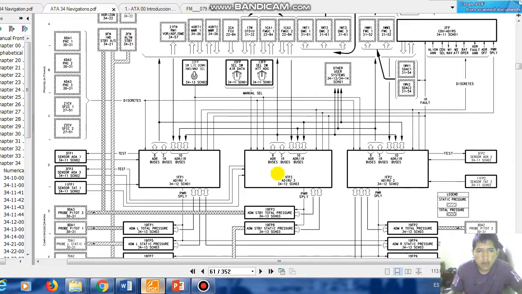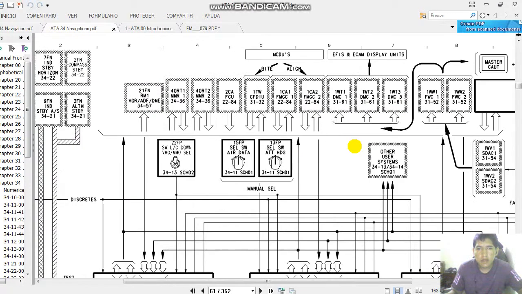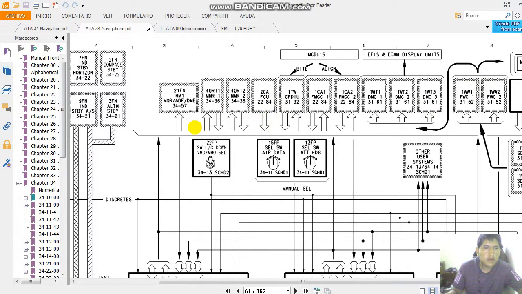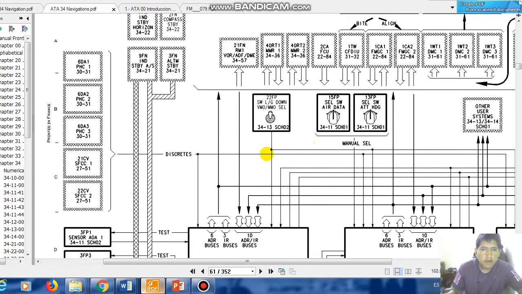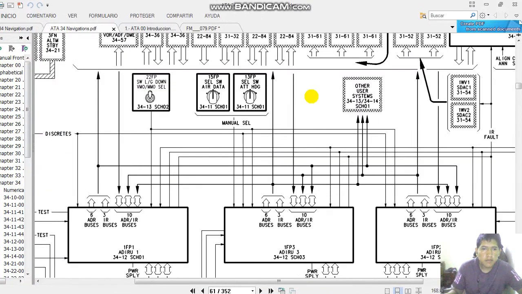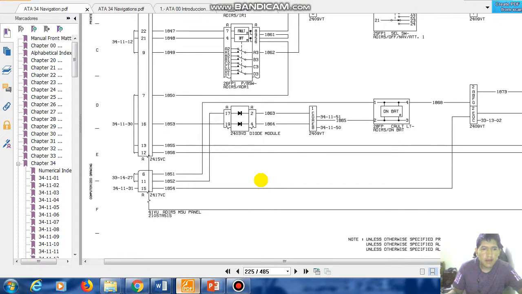You will see three ADIRUs and different computers, for example the flight management guidance computer, the flight warning computer, the fuel control unit, and others. There are different systems that make up this system, but in the wiring diagram is the specific connection